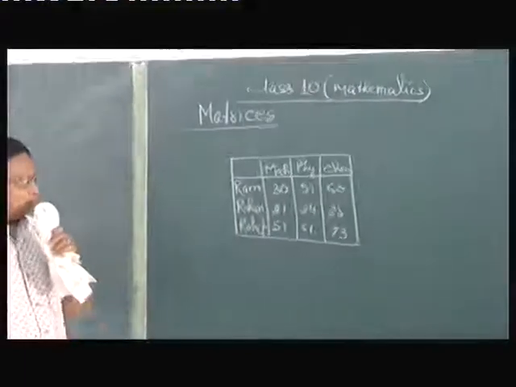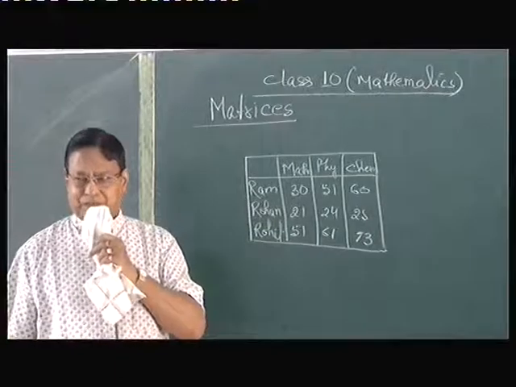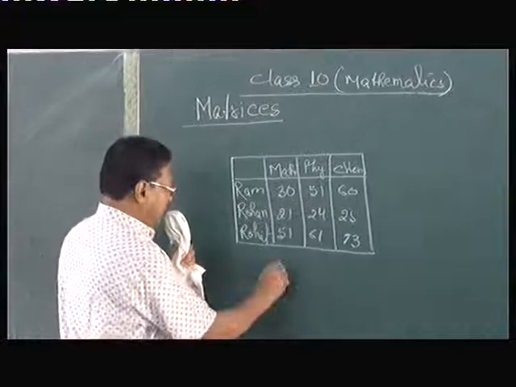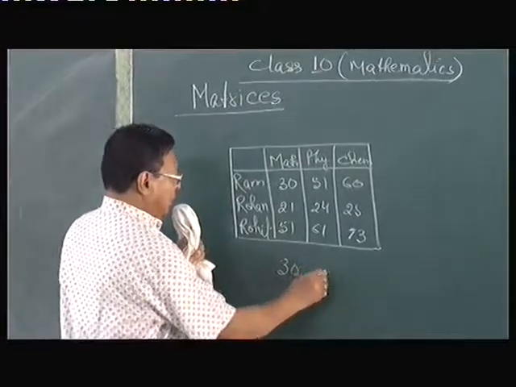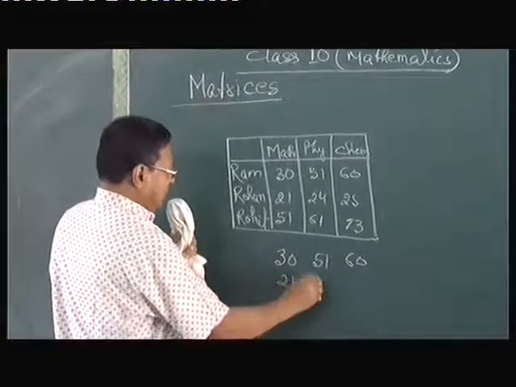So here, the marks obtained by 3 children in 3 different subjects, we write it like this in a tabular form. Now if I write the same numbers without writing anything, only the 3 numbers which we have written,